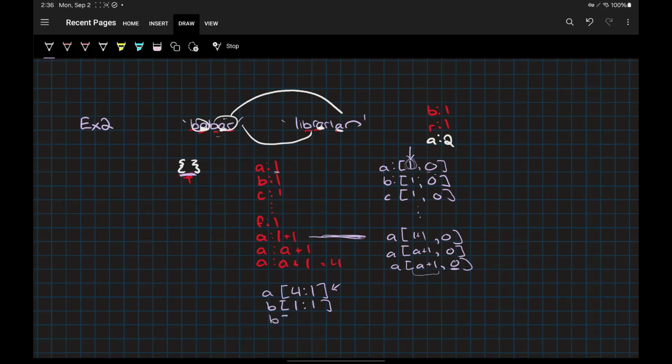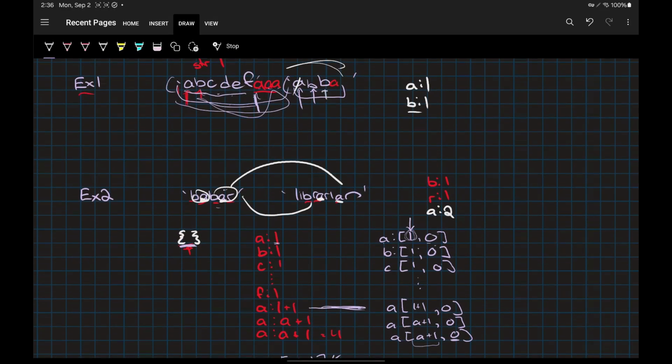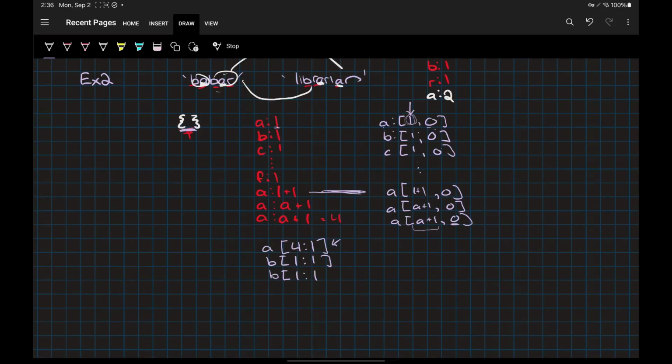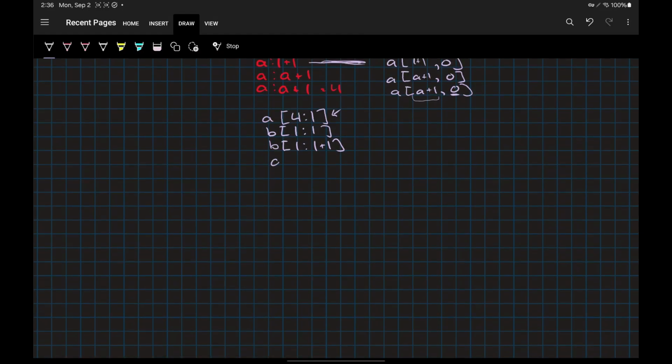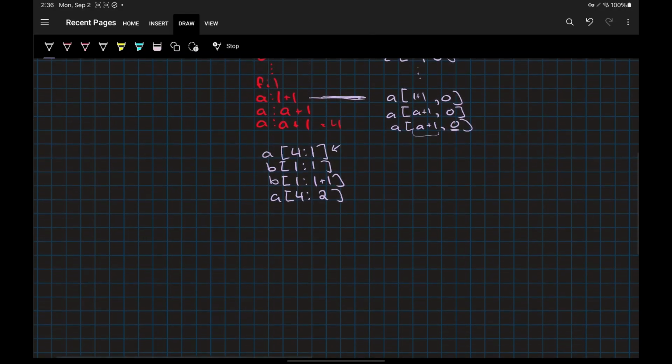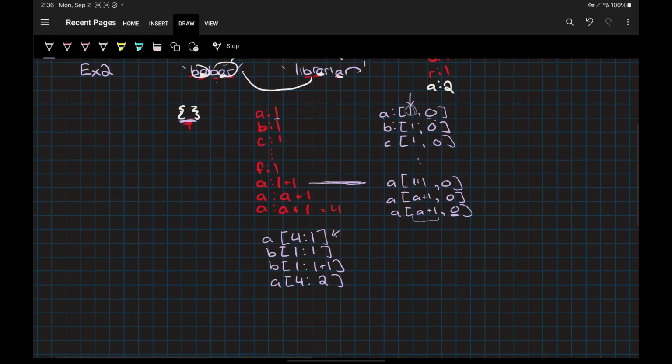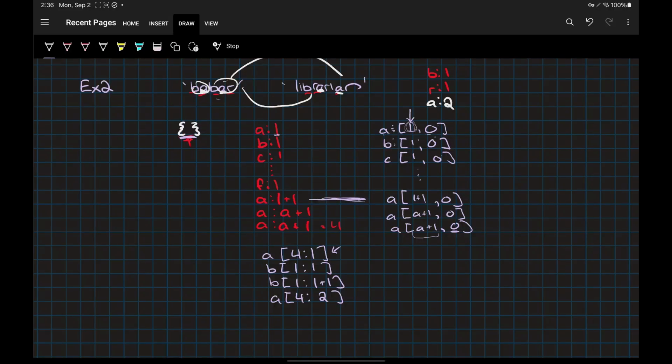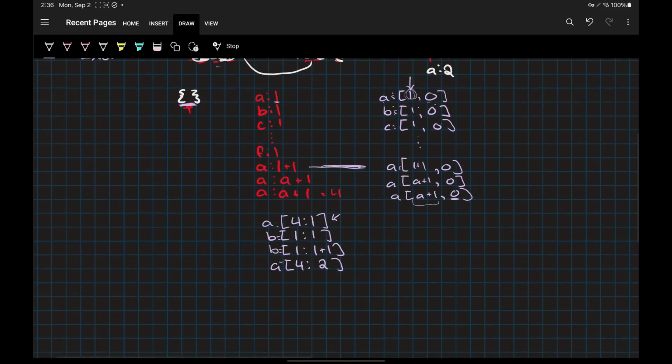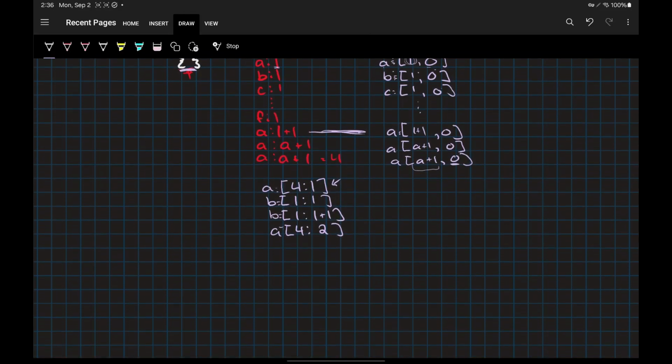And then we come across it a second time, and so it winds up incrementing. And same with A, where it goes 4 and 2, right? Or it might be a bit more clear if I go with equals, equals, equals, equals, and equals. I'm sorry for the poor writing, but